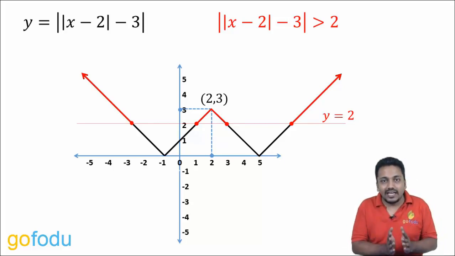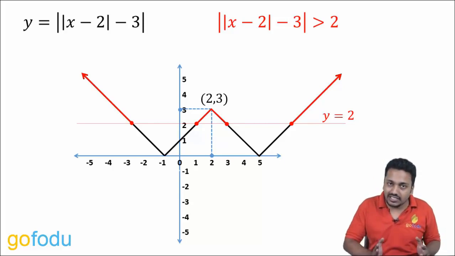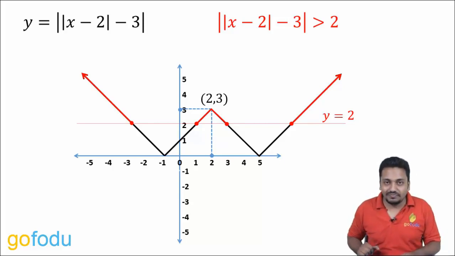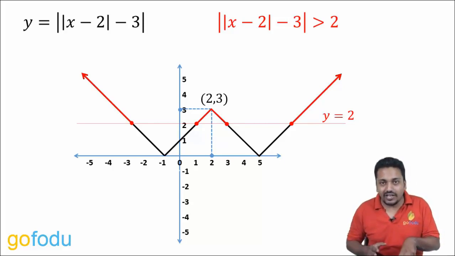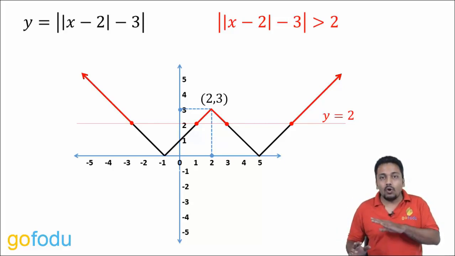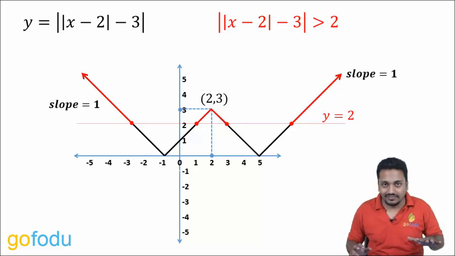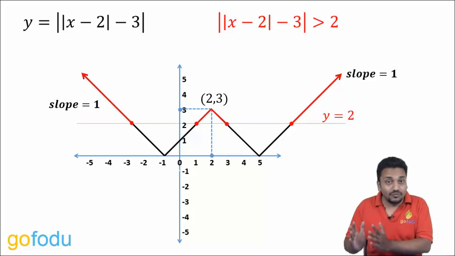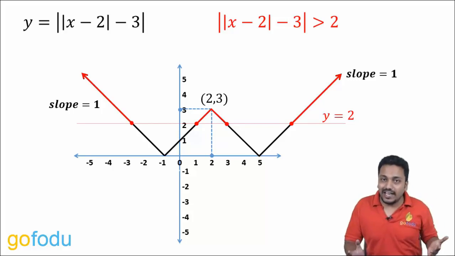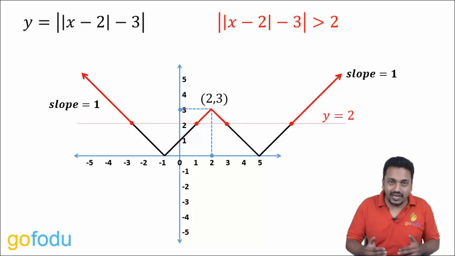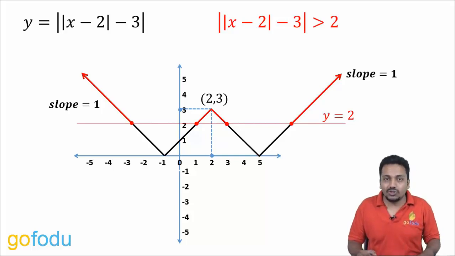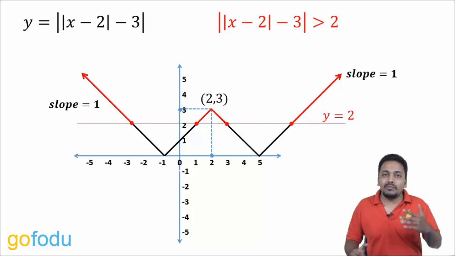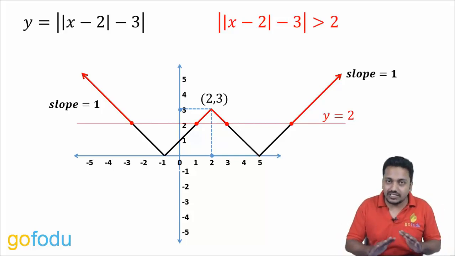When the equation of a line is of the form y is equal to mx plus c, m is the slope. Coefficient of x in our expression is 1 only, so the slope for all these lines is 1 only. It is very important to identify the slope, as now we can say, as slope is 1, the distance covered by the line on the x-axis and on the y-axis will be the same only. If you have any confusion regarding the slope of a straight line, you can check the videos on coordinate geometry. But for now, we can directly say as slope is 1, distance covered by the line on the x-axis and on the y-axis will be the same only.